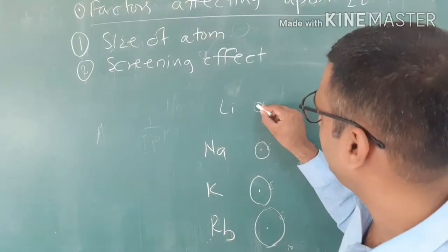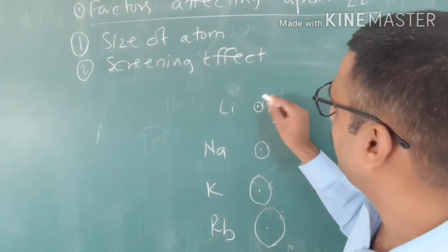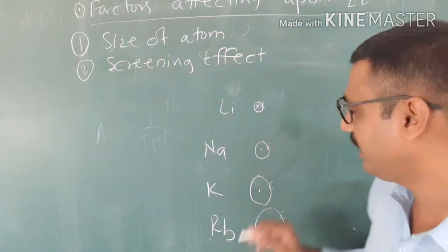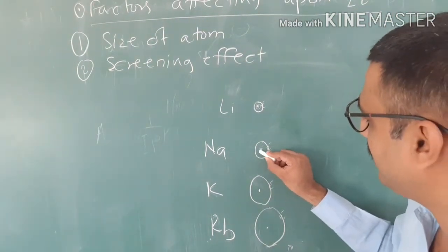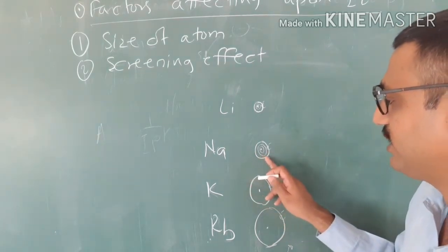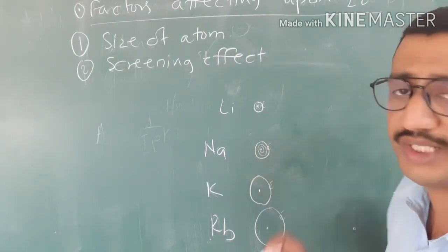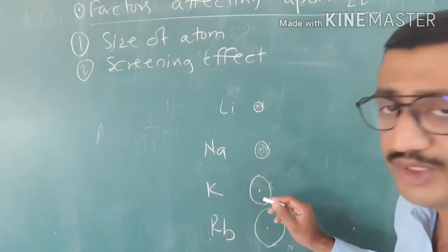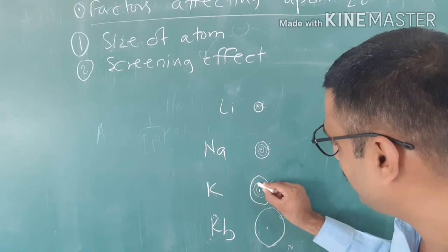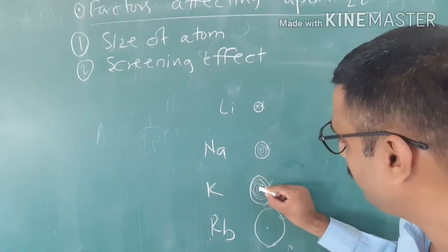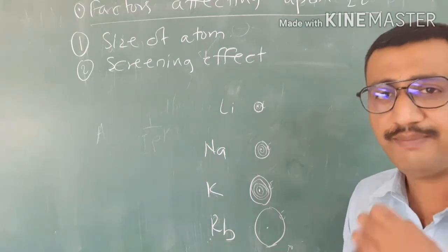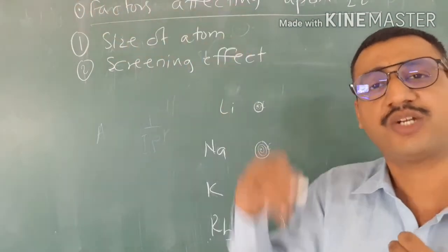For example, here in lithium, in between the nucleus and the last shell electron only one shell is there. In case of sodium, in between the nucleus and the last shell there are 2 shells, isn't it? The first shell has 2 electrons, the second shell 8 electrons, and the third shell consists of 1 electron. In case of potassium, which belongs to the 4th period, in between the nucleus and the last shell there are a total of 3 shells. Are you understanding? Nucleus and last shell, in between there are 3 shells. So what happens? The ability of the nucleus to pull the last shell electron will get decreased.